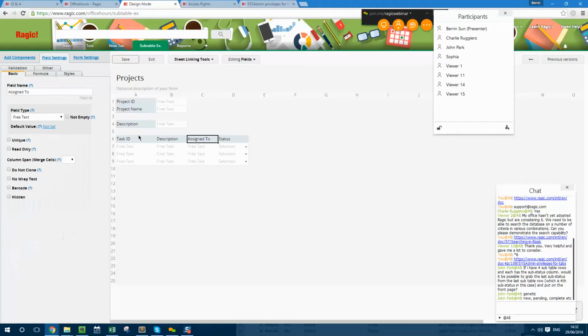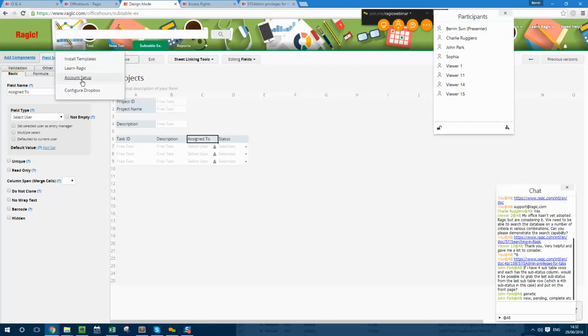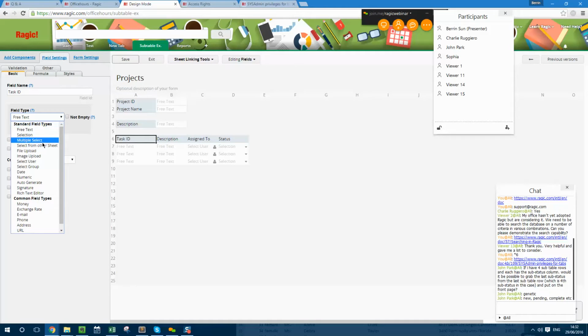Sounds good. So usually I would make this a select user field, so I can select from people who are users of my account from here. And the task